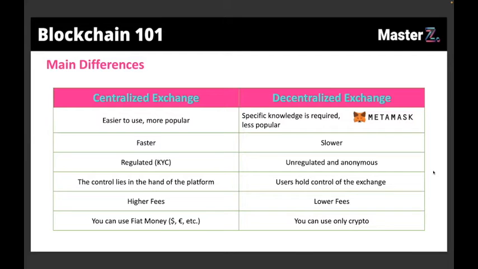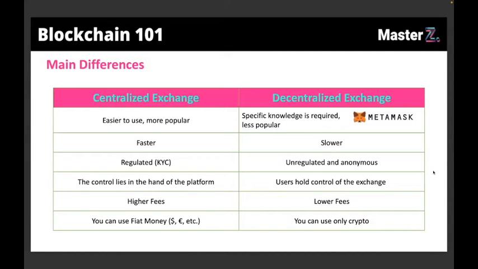So if you lose, let's say, the keys, it's your own fault, and you cannot ask anyone for help. Instead, on a centralized exchange, if you lose your password, you can somehow get back in with your documents. But in a decentralized exchange, once you lose the keys to your wallet, it's over. No one can really help you because that's how things work. And another way users control the exchange is that usually these exchanges are open source.